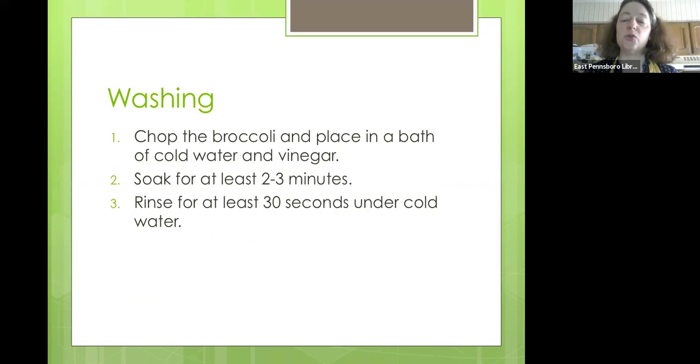So what to do if you are ready to use it in one way or another? When it comes to washing, broccoli is definitely one of those kinds of produce that you want to chop up and then soak in a solution of vinegar and water. You could do half and half, 50% vinegar, 50% water,